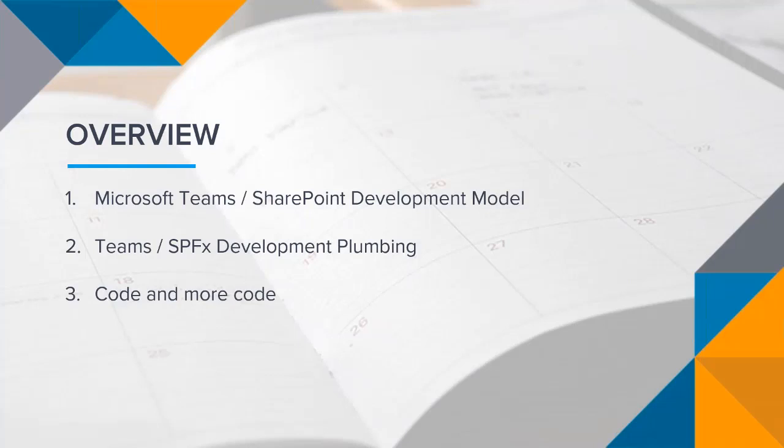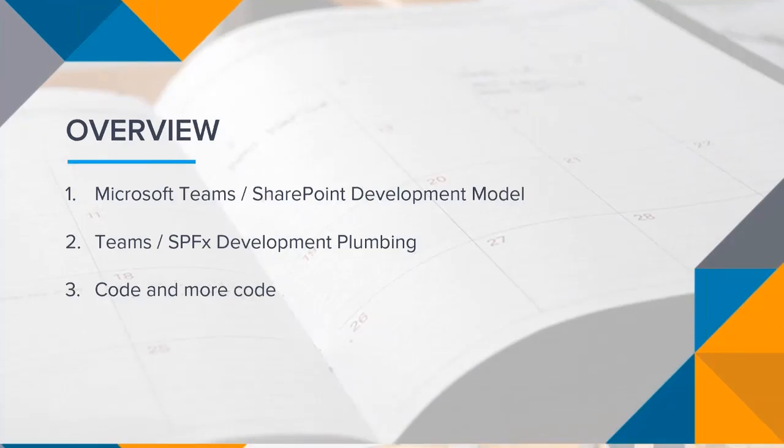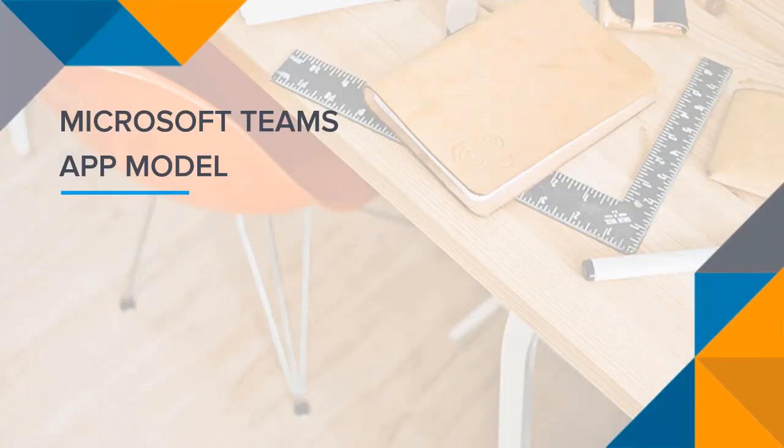And then also look at how we're able to use a new context, which allows us to know if our web part is being loaded in Teams or SharePoint, which is really cool and can offer all sorts of opportunities there as well. And there will be some code there at the end. So 100, 200 level in the beginning, let's go over the overview, and then we'll dig into all that fun code. So let's first start at the foundational base of Microsoft Teams and the development model,